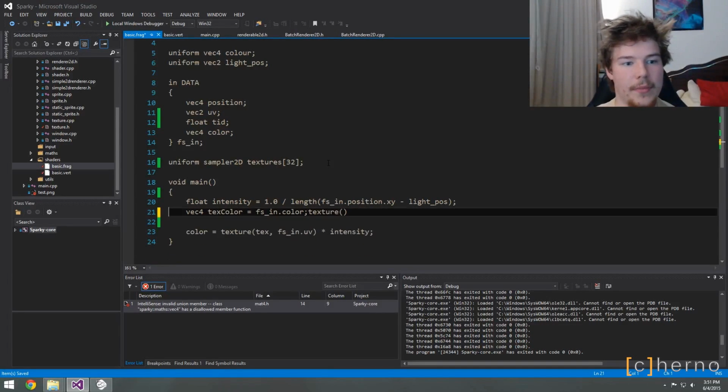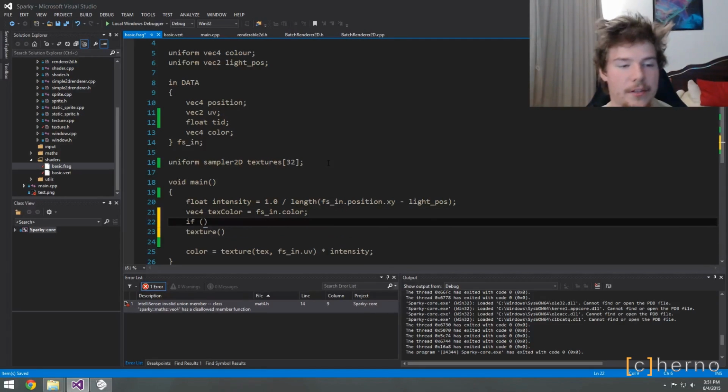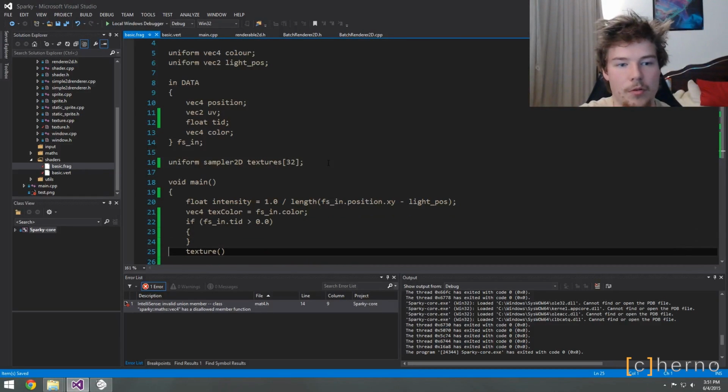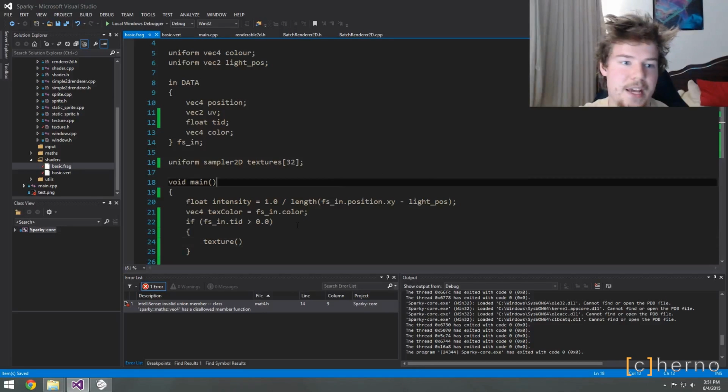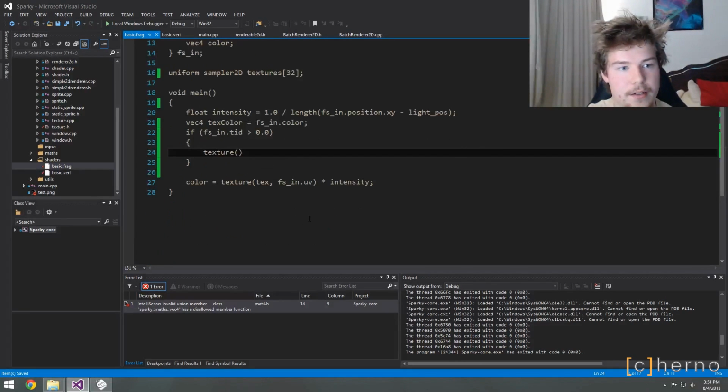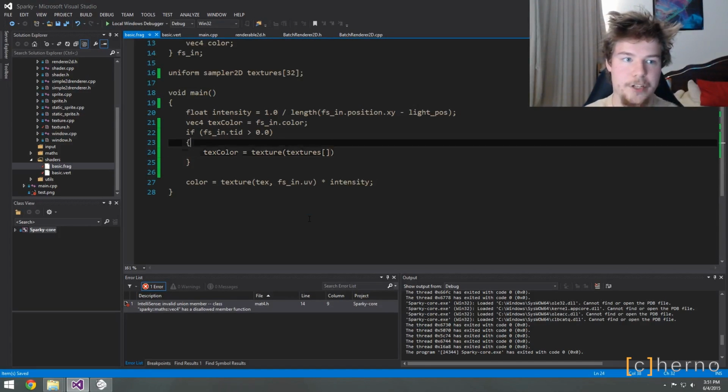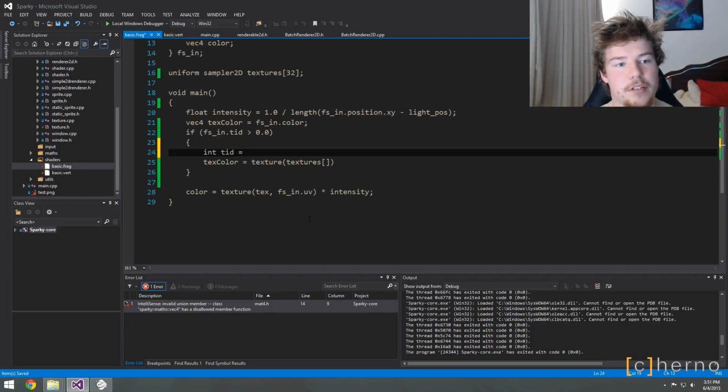Let's get rid of this. So text color, yeah, fsin.color, and then if fsin.tid is going to be greater than 0, okay, it means that we've set it to like 1 or whatever, and we want to do this. What we should do is have color or text color be set to texture. Okay, so textures, and then we need to grab a TID. This needs to be an int though, so I'll just call it TID. We'll set it equal to an int. Best way to do this without ruining everything, because it might get cast downwards and whatnot, is just say fsin.tid